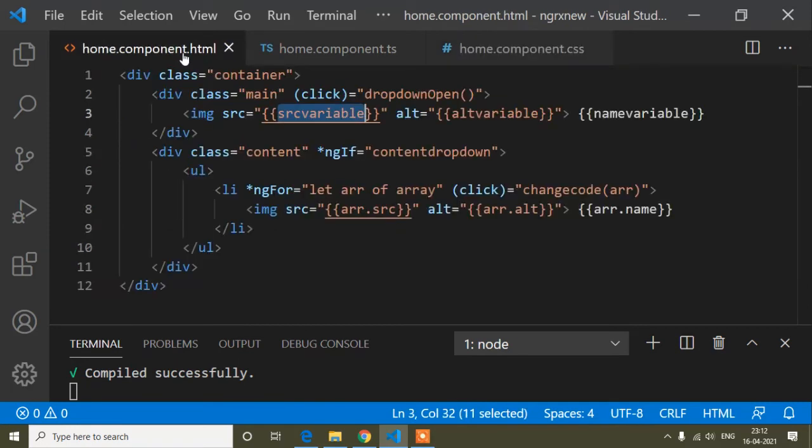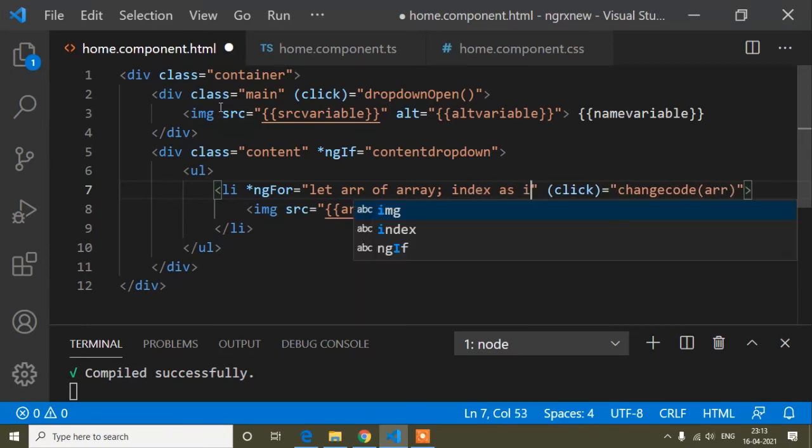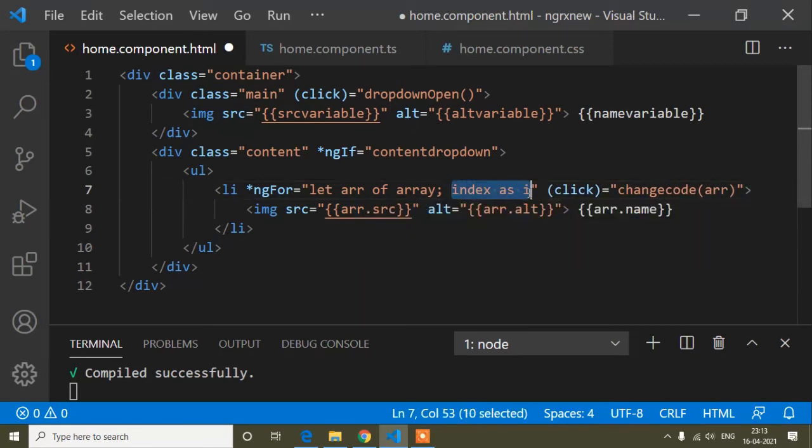So for that, just here inside this li tag, first of all I will show, that is here I will write colon and index as i. This index as i means I will start from 0, and I will count the array length.